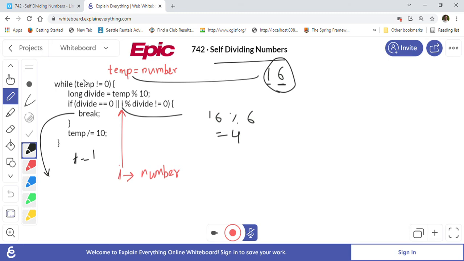We will go through each number in the given range and apply this logic on each number. First we will assign the number to temp and go through this logic. This logic works because it checks whether the number can be divided completely by each of its digits. For example, in case of 15, it is completely divisible by 1 and completely divisible by 5. That's what this logic checks, and that's why when we come out of the while statement, we check if temp is equal to 0.